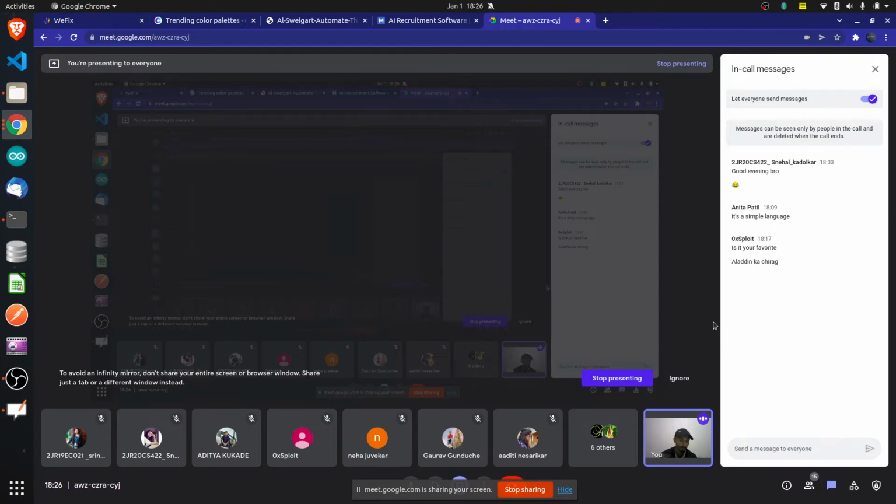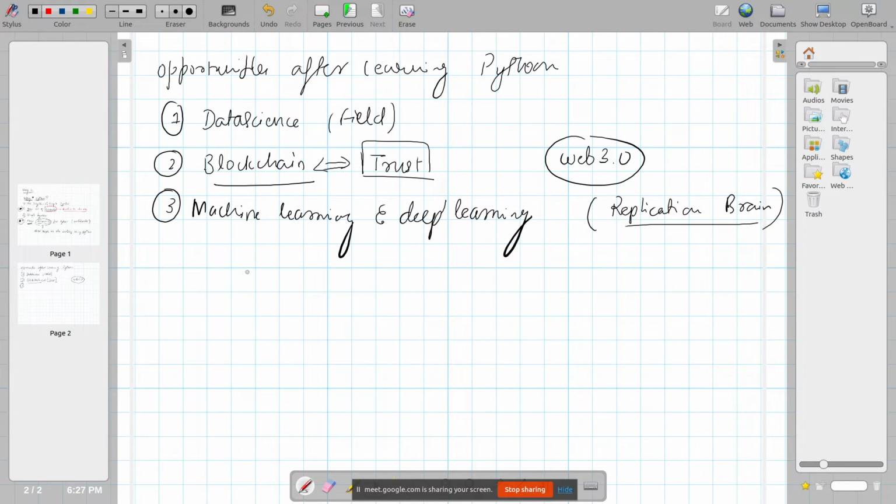But you can go with this one also. Okay, you can go in this field of machine learning and deep learning. What I told, you can do some stuff with other fields, like you can do web development in Python, so you can build websites for yourself as well as maybe for your relatives and all. Web development you can do. App development also, but I won't suggest you do app development with Python. Okay, I am saying here, don't do it.